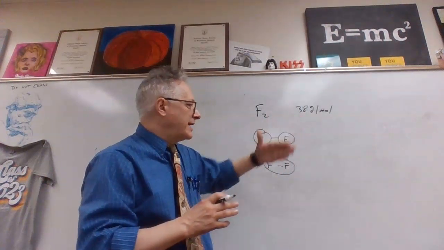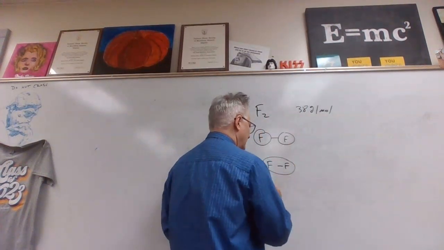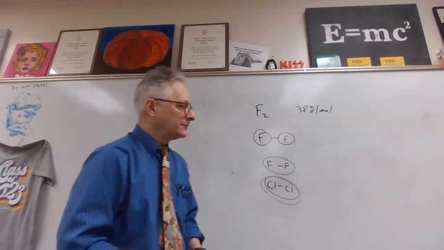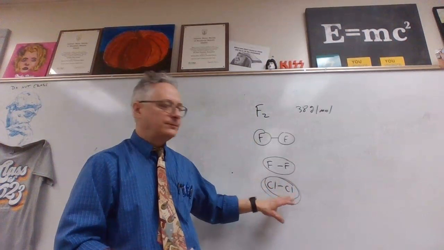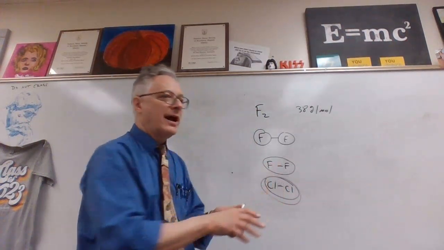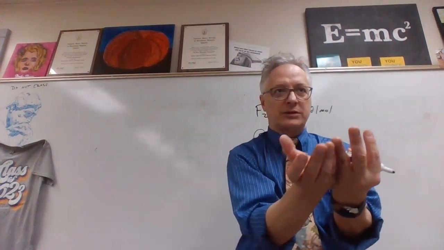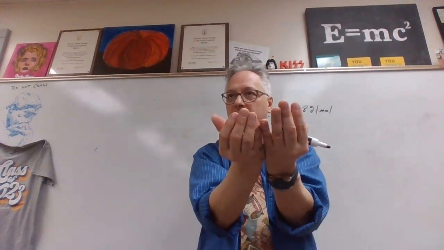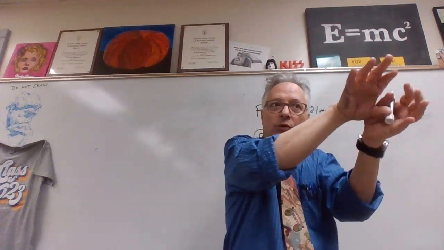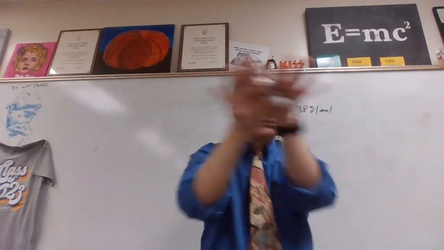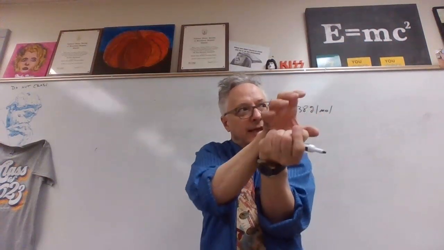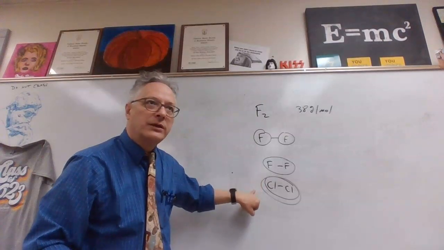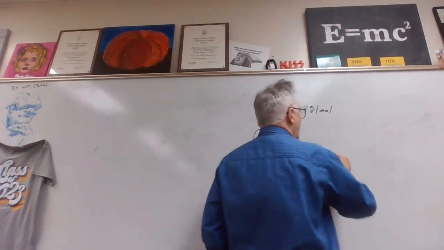But as we move down here, well, chlorine is about the same. Chlorine has its electron cloud a little bit bigger, but still a gas at room temperature. Now you have to picture in your mind that the distribution of the electrons around a diatomic molecule in this case is not like a perfect football. The electrons are going to sometimes be more over here, more over here. It's sort of like taking a balloon and squeezing it and having the air go up that side and that side. Now, it's harder to do for these smaller molecules, but when we get to something like bromine,